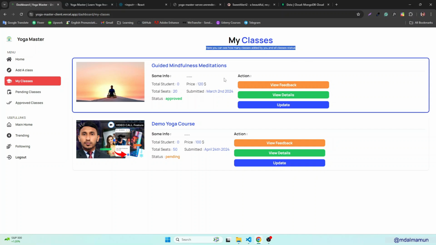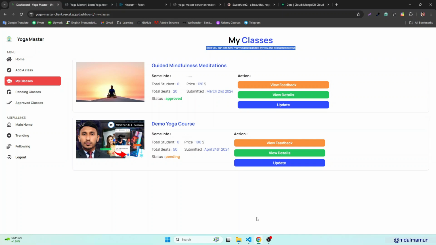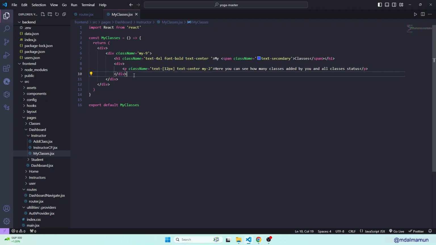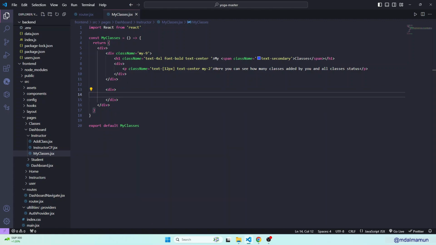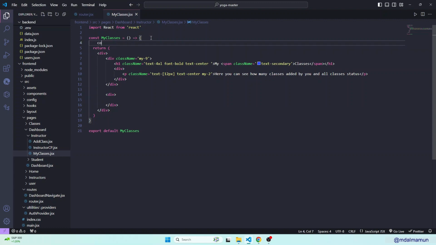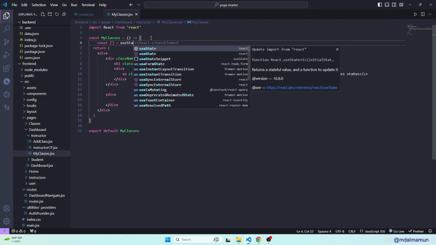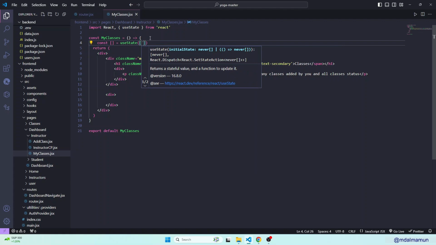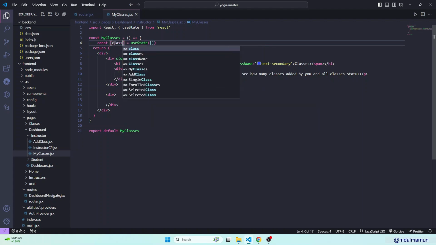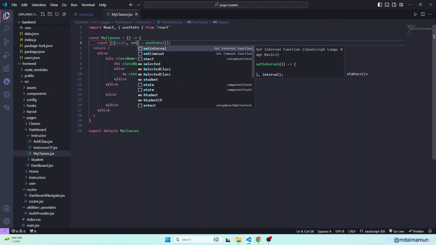After then we will have to make this type of card. For this, actually, after having this div, we will just make another div, and inside this div we will have the thing here inside this. Okay, so for this, at first we will have to fetch information. So to fetch information, you have to define a useState hook. So that would be const, and then here useState, that would be an array of objects, and here we'll have classes, setClasses,